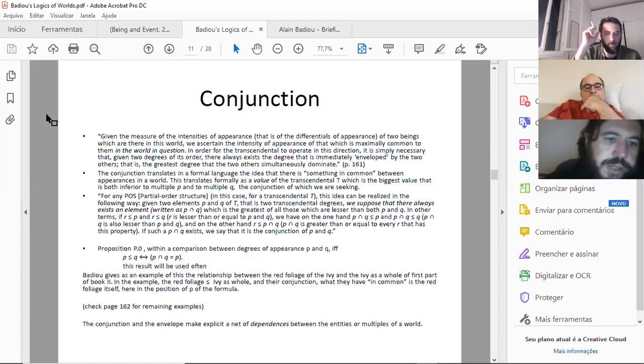For any partial order structure, in this case for a transcendental T, this idea can be realized in the following way. Given two elements P and Q of T, that is, two transcendental degrees,